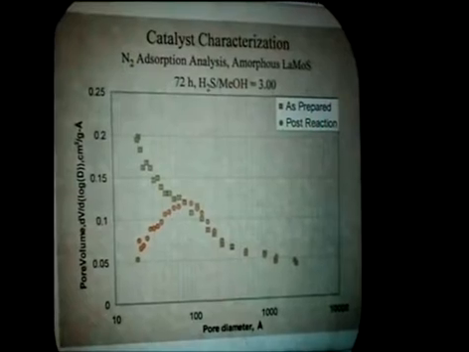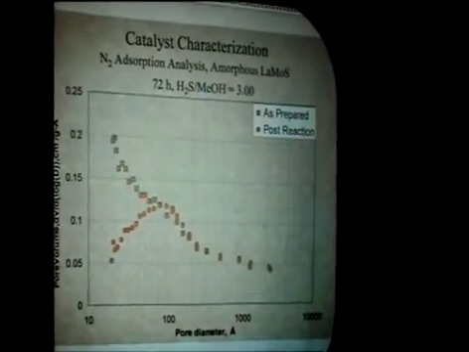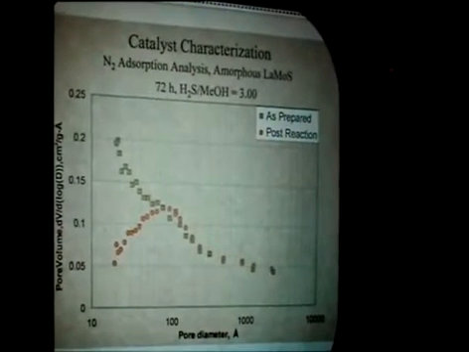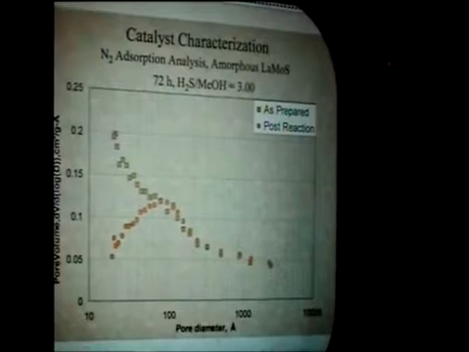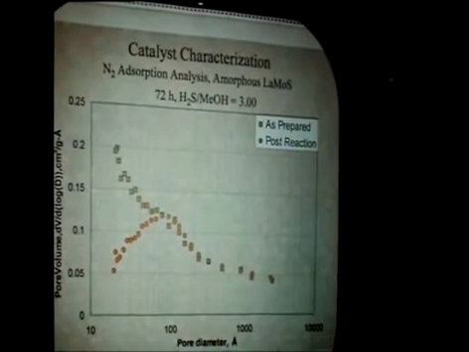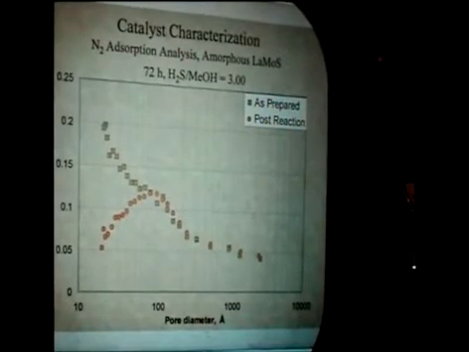In looking at the pore structure before and after reaction, the round circles are post-reaction. Here we have pore diameter versus pore volume. What you can see is that immediately we're losing pore volume associated with the small pores, so it's the small pores that are collapsing under reaction conditions. And this was 72 hours. I didn't write it, but it's 250 degrees C also.